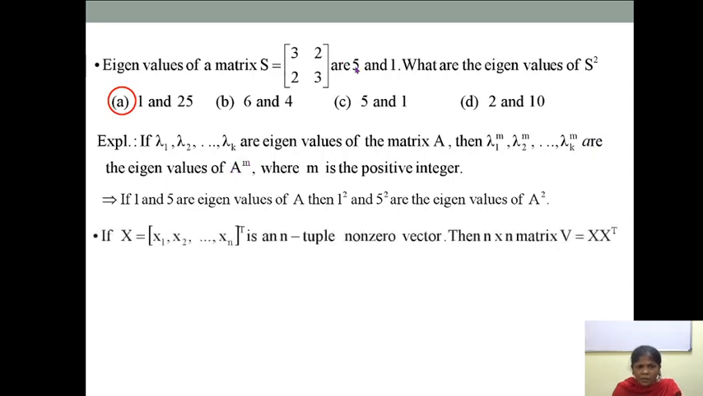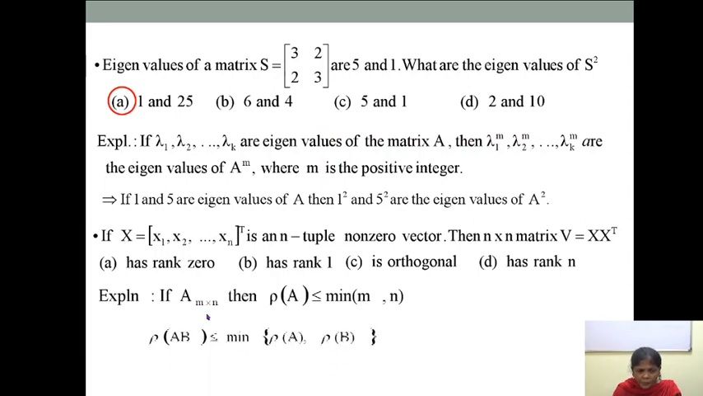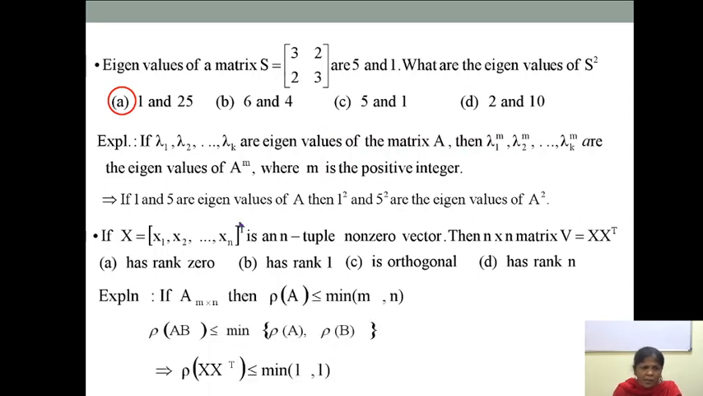So here 5 and 1 are the eigenvalues of S. As I want the eigenvalues of S square, we will raise power 2 to these two eigenvalues. So that is 1 square, 5 square. That is nothing but the first choice, option. In this way one can do it easily. Now the next question is: x is an n-tuple non-zero vector. n-tuple means containing n elements, and they are non-zero. Then